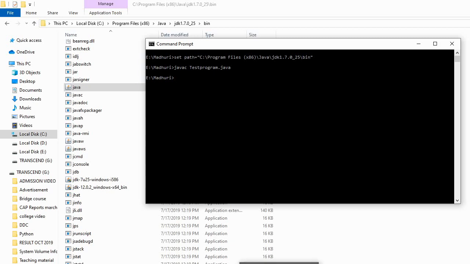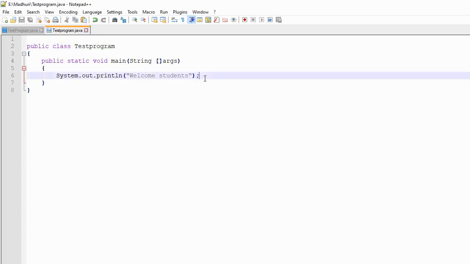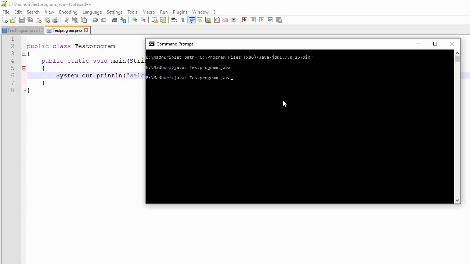Now let's try to produce an error. Suppose I forgot to write this semicolon over here. Let us see what will happen. Now compile this file again. Yes, we got the error. Whenever you get an error, the Java compiler is very smart. It gives you complete information regarding that error.